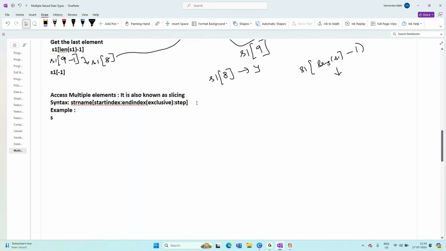So now we will go with the current events. S1 is equal to